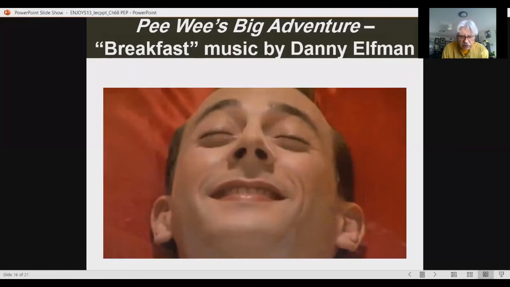So here we have an example of source music. You see that he gets up in the morning, the character, and he puts on a record, and you hear the music start. So that is source music. And then it's interesting because the scene moves on, and he moves away from the record player, and then a real orchestra starts to play, and not the record player. So now it becomes